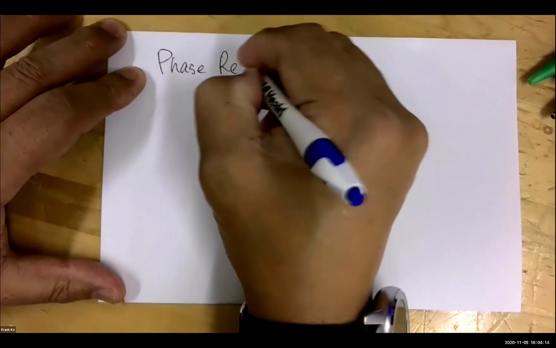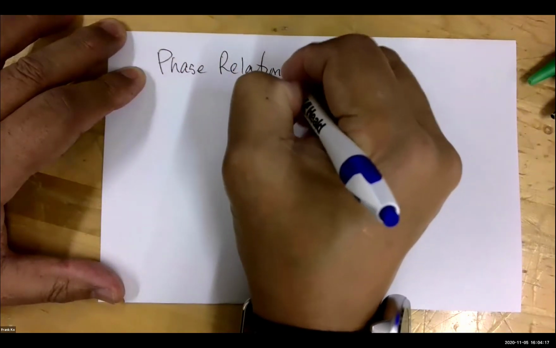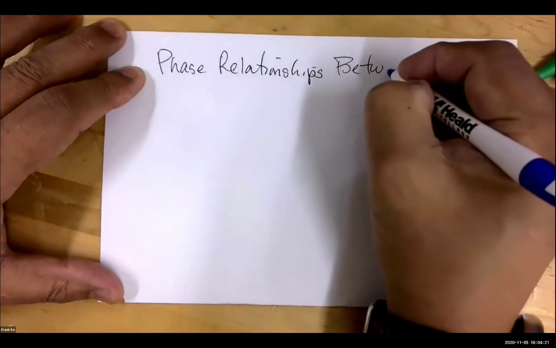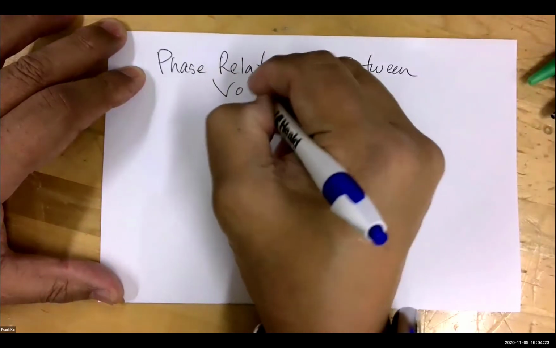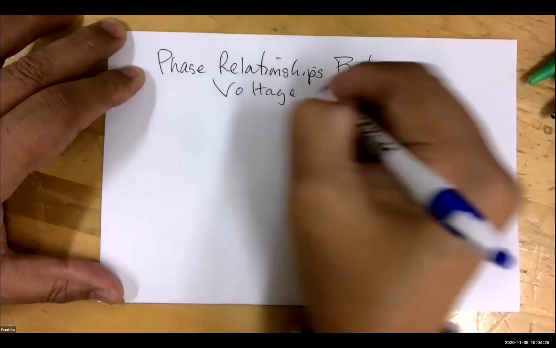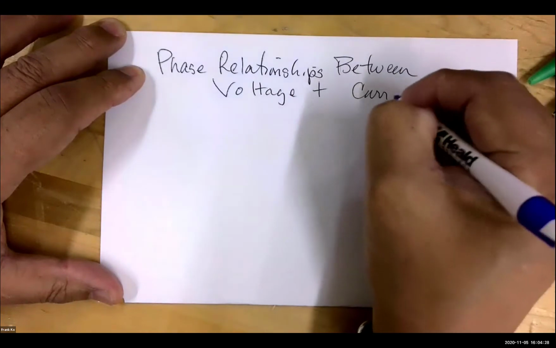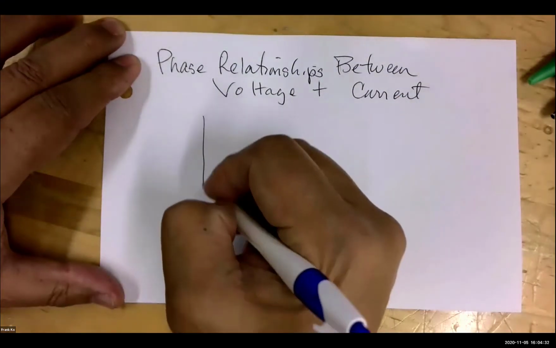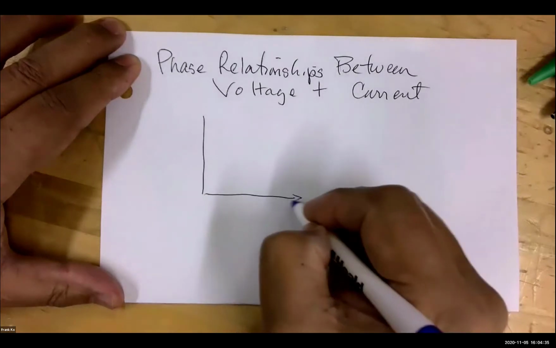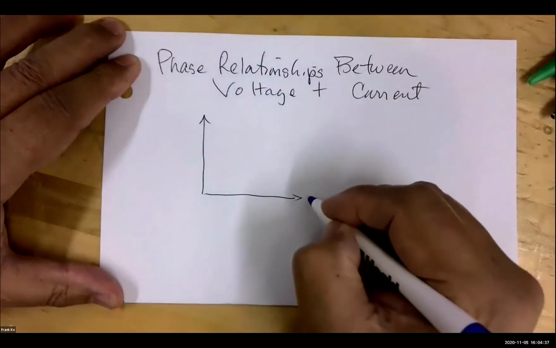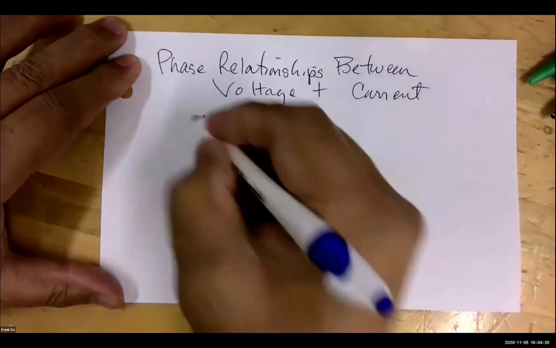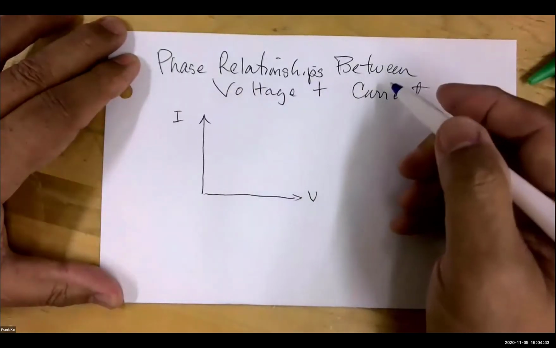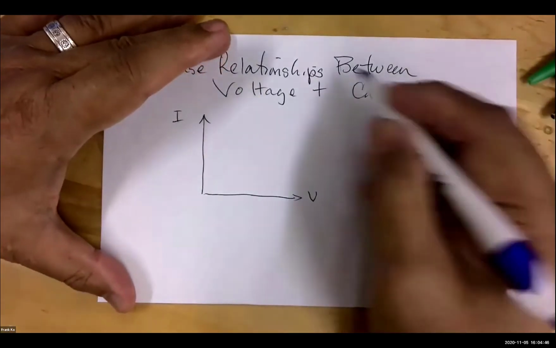Phase relationships between voltage and current. Now, if we were to plot my voltage on this axis and my current on this axis, and I have a fixed resistor, if I